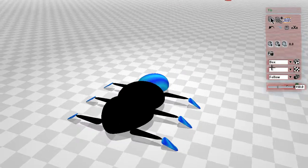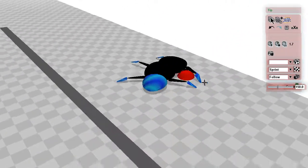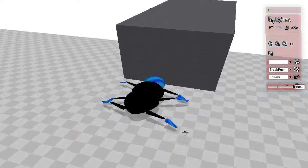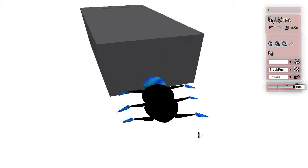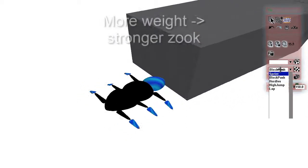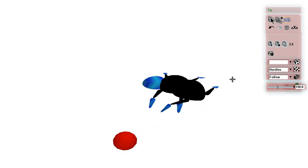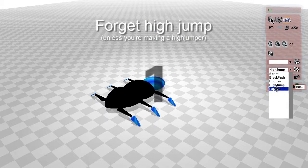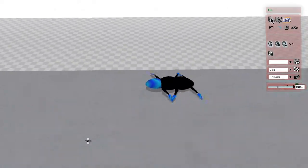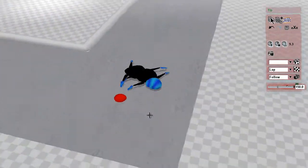And let's see how this does in the trials. Okay, not bad. We've made this zook quite heavy, so it pushes the blocks pretty well. So yeah, as another general rule, the heavier the zook, the stronger it is. Again, not bad. Actually, we don't care about high jump. So it's a bit jumpy, so it could do with some work, but again, it's not too bad. So we've made a zook that's not bad at everything,